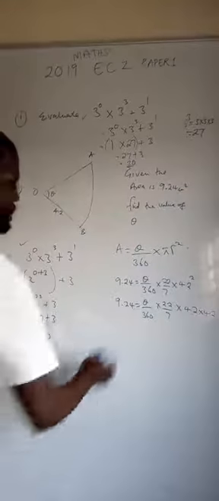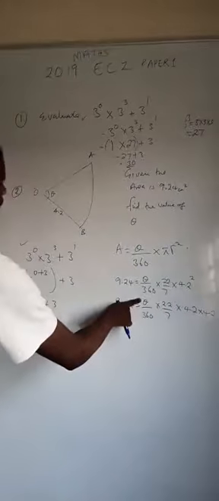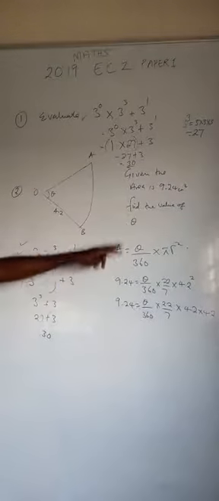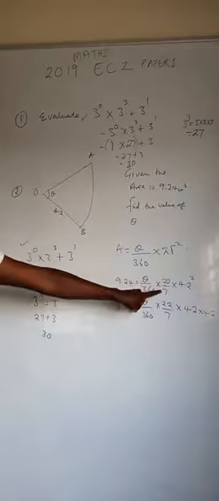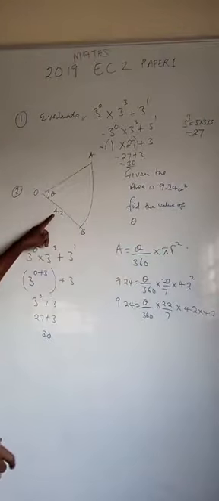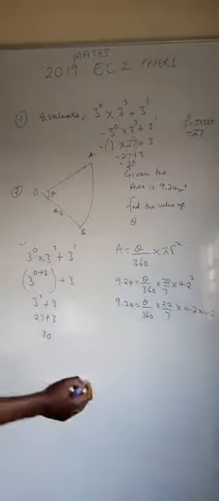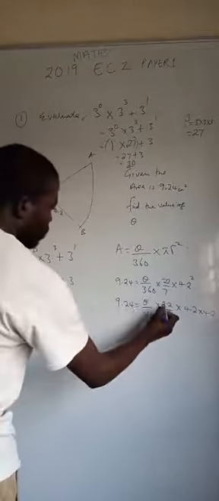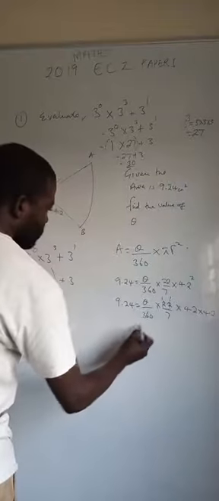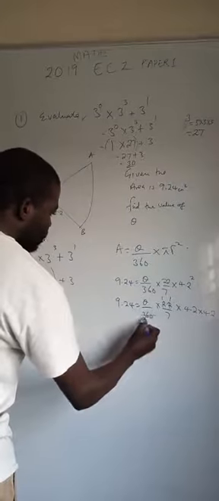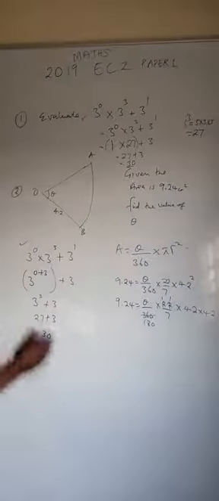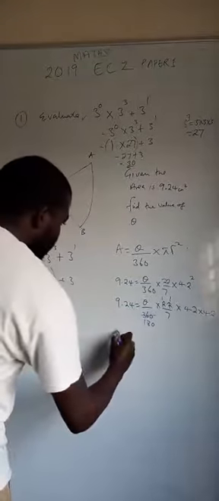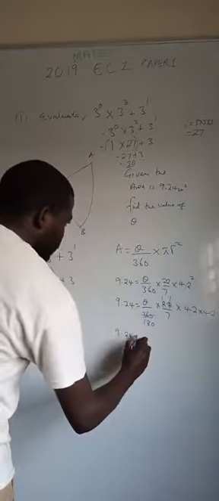How do you do it? Okay. So we find a number that can go into this; we're trying to find theta here. Using this formula, we just substitute the area, you put the area there. The pi is there, 22 over 7. The radius is here, 4.2. So you start. What number can divide this? 2 into 2, 1. 2 into 2, 1. 2 into 360 is 180. Okay? Is 180. So we have got 9.24 is equal to